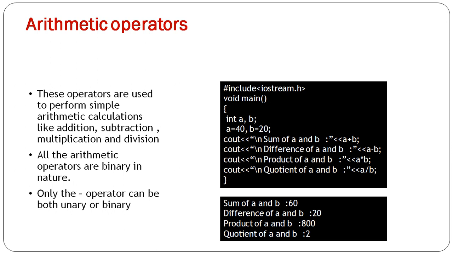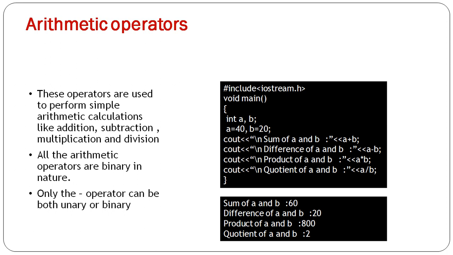These arithmetic operators are used to perform simple calculations, and they are binary in nature. Sometimes we can also make it a unary operator. In this example, we have a simple program. As we discussed in our previous video on the structure of a C++ program, it should start with the header file hash include iostream.h, followed by the main function. This is a simple program, so there is no requirement of class and object concepts. We are supposed to perform arithmetic calculations on two variables. Those two values are given here, and variables are declared here.